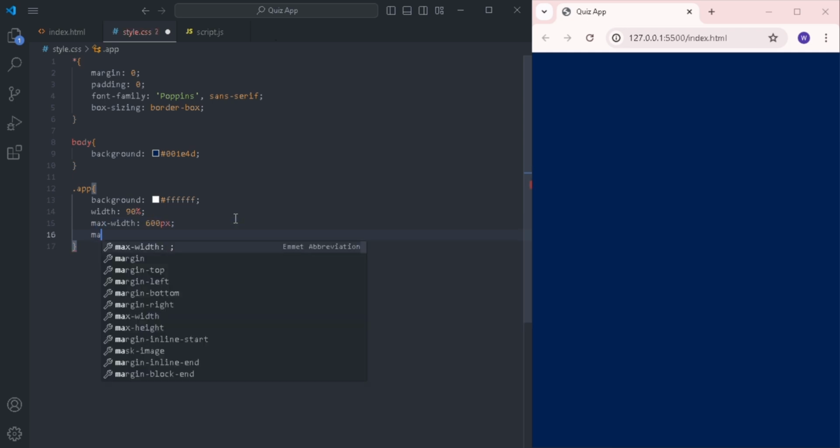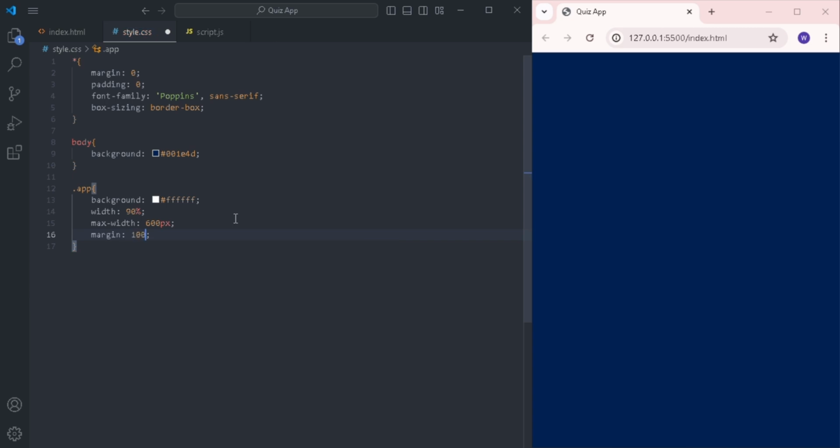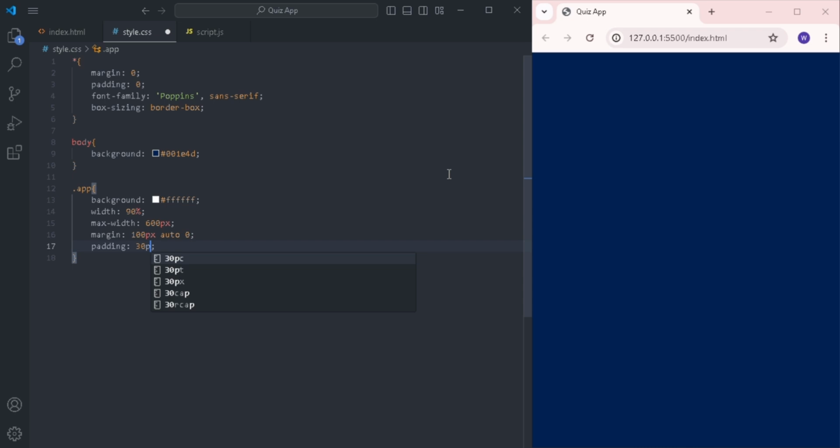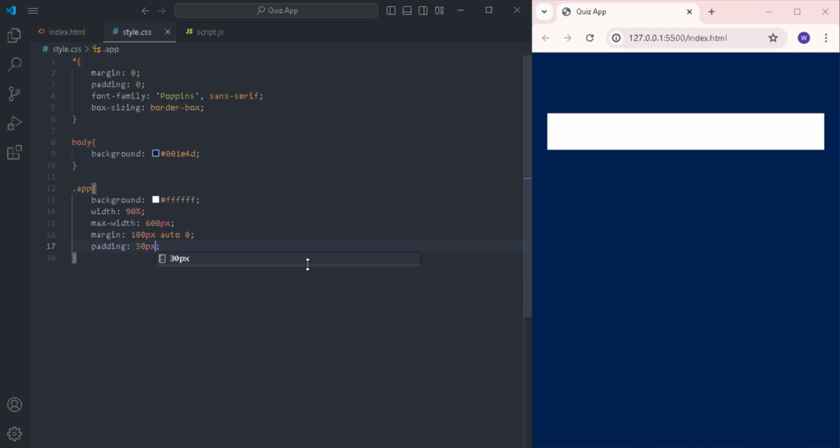Now let's add some margin, and margin is going to be 100 pixels from top, and from left and right it is going to be auto, and from bottom it is going to be 0 pixels. And next we want to add some padding, and padding is going to be something like 30 pixels. Now let's save it. You can see the white color for our app is displayed here, but its corners are a little sharp,